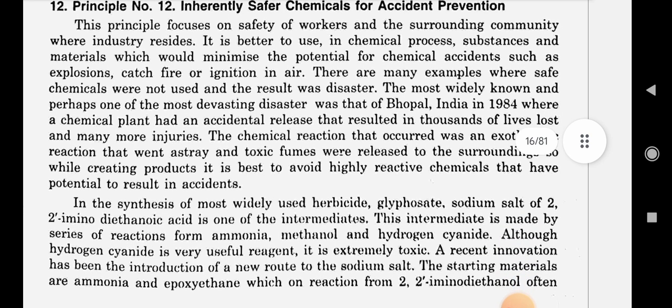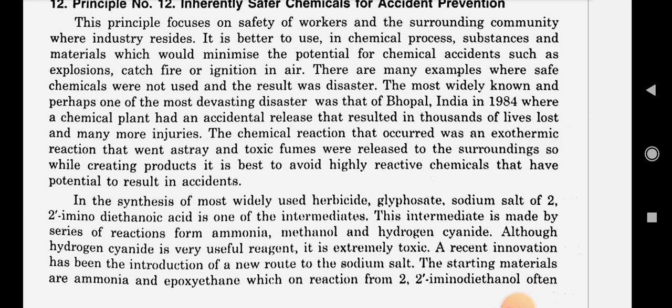This principle focuses on the safety of workers and the surrounding community where industry resides. It is better to use in the chemical process substances and materials which would minimize the potential for chemical accidents such as explosions, fires, or ignitions in air. There are many examples where safe chemicals were not used, and the result was disasters. The most widely known and perhaps one of the most devastating disasters